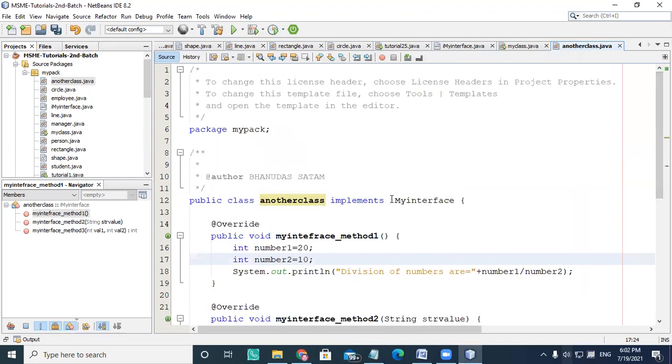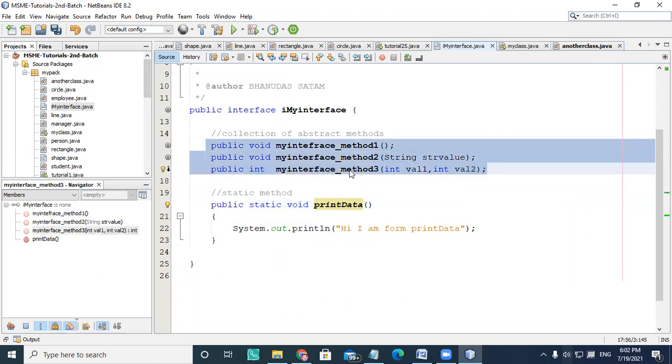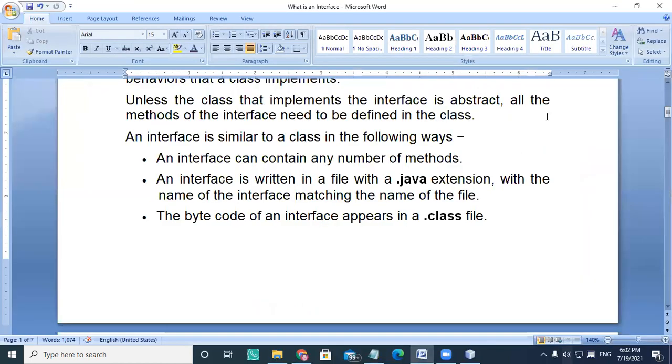In that case, the people are using an interface, and in that interface they must check that whatever abstract body is there, that body will be implemented by the particular class. So an interface is similar to a class in the following ways.